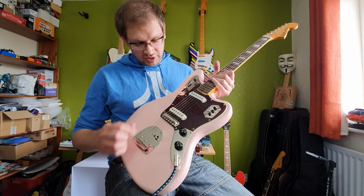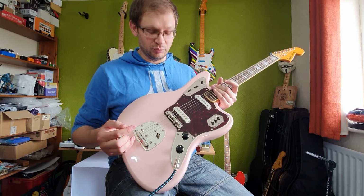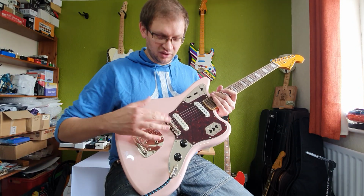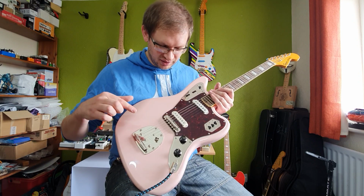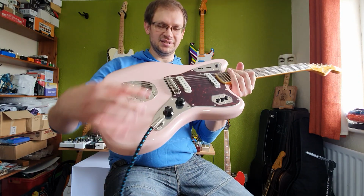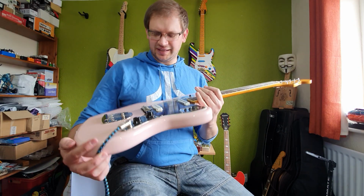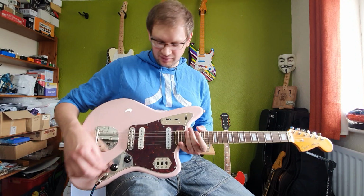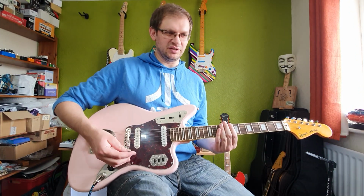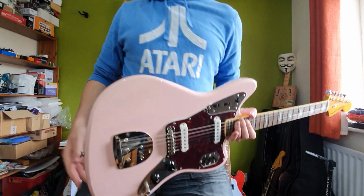The bridge is, I believe, one of their newer, or at least more recent designs, or I think it's styled on the vintage style with these barrel kind of shaped saddles. But yeah, the quality is okay on these. I'm not getting as much buzz from the bridge as I would normally expect to find on this style. I have